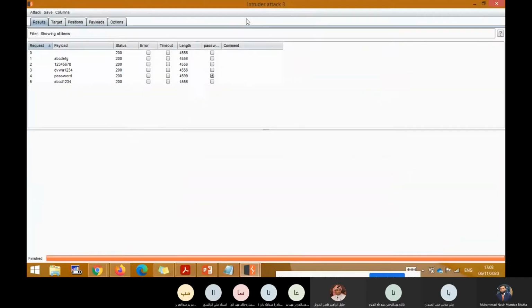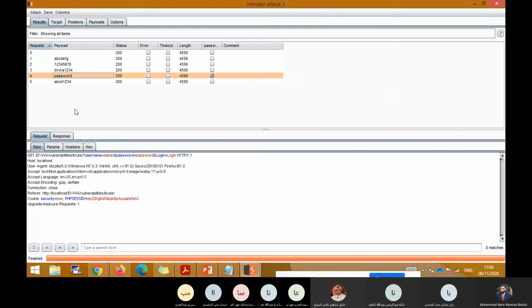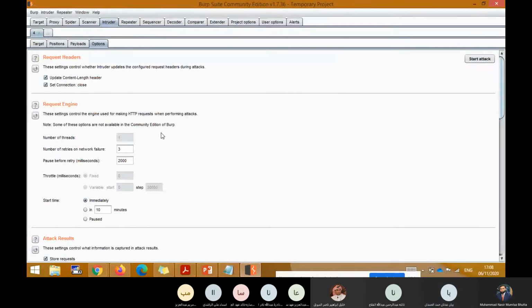And now you see when the password attempt was successful, in the response it came welcome to password protected area. So this is checked, which shows that this was the correct password. So in this way, we can find out which of the passwords is correct. Up to here, you understood, students, now clear how we can flag something? Yes, doctor, clear.